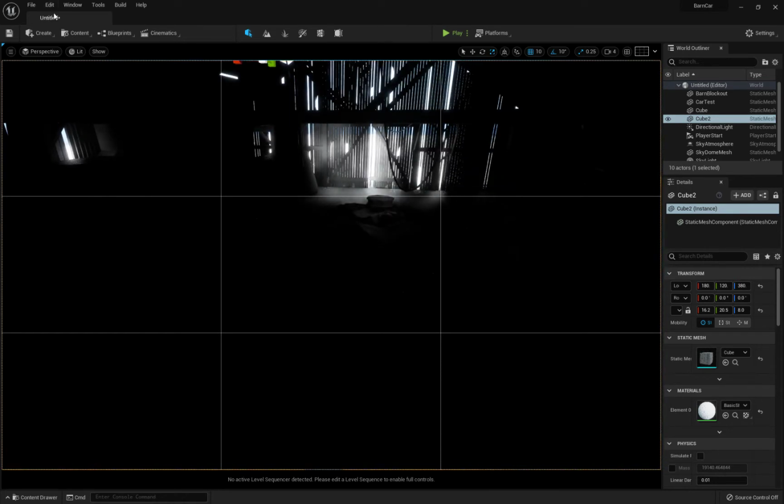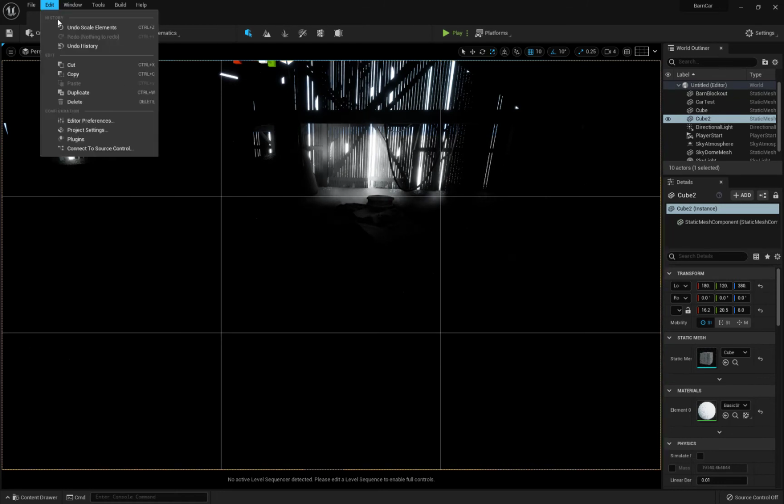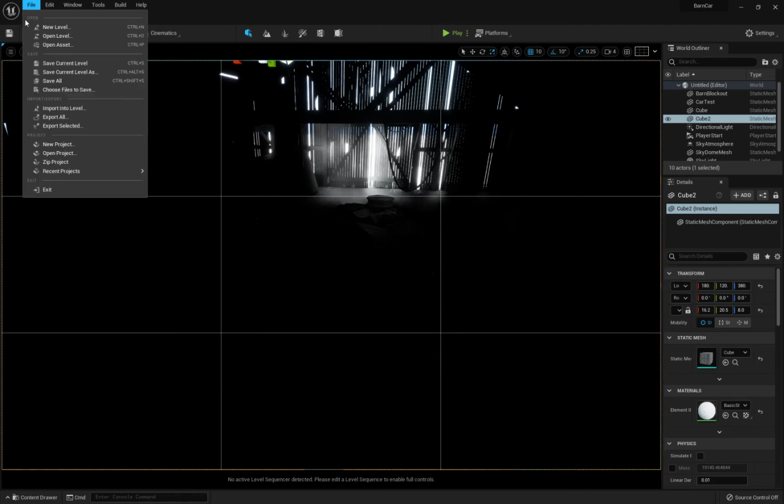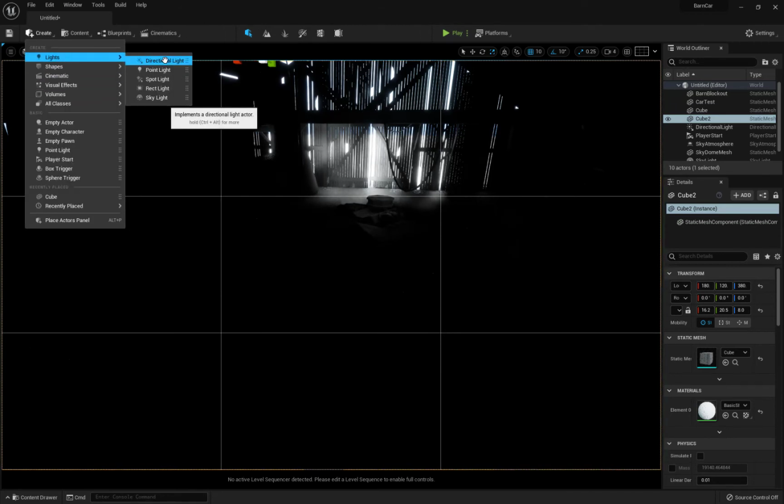And I'm not looking for perfection with lights. Don't worry if your lights are not working the way you want them to, but get some light in here so we can see what's going on. Again, that's just Create and then Lights. You could do Control and click too. We'll just do a point light